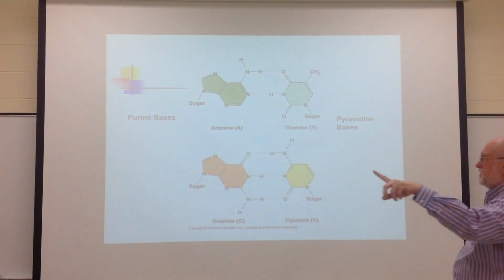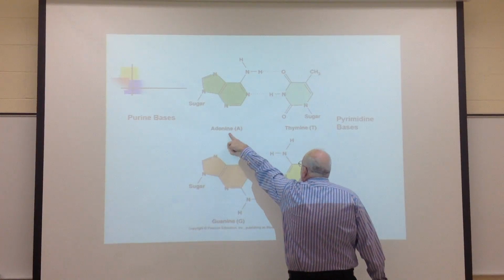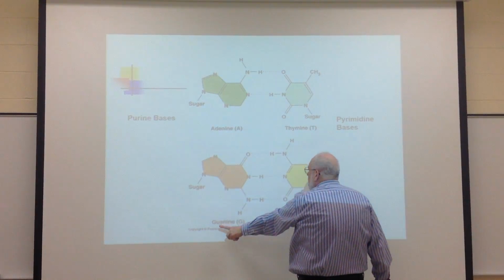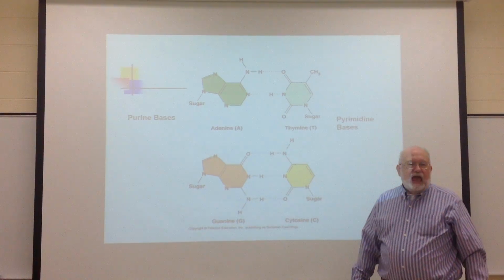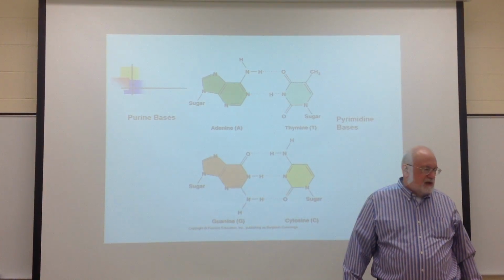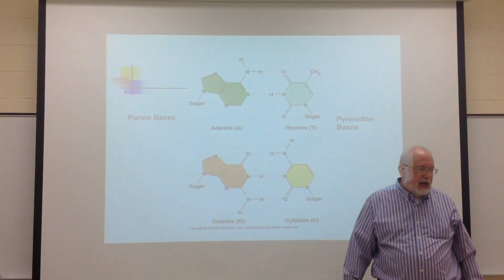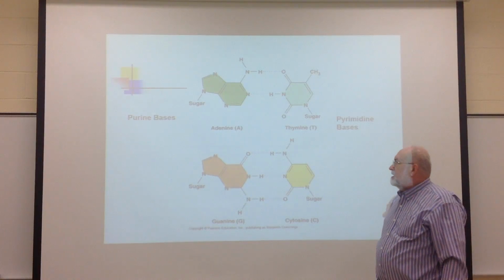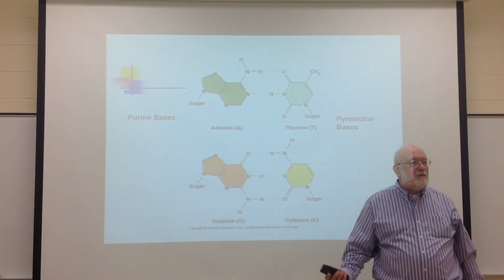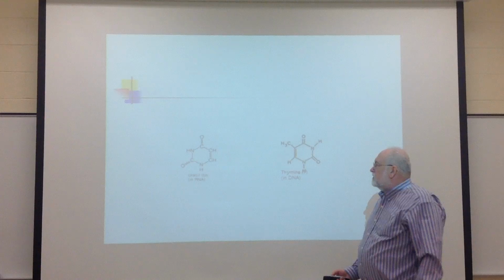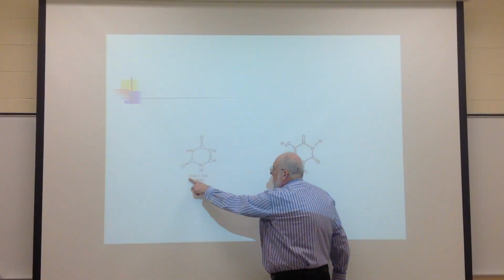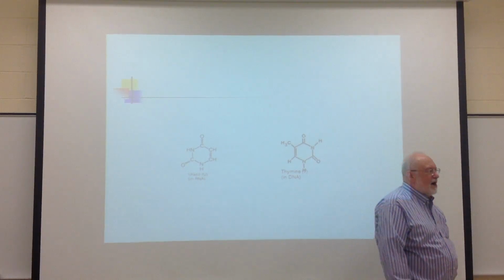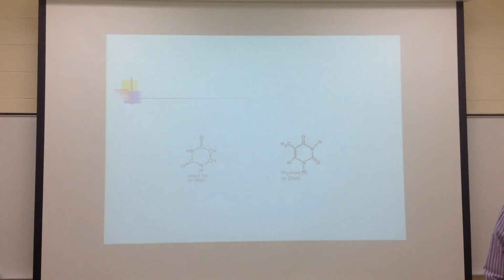Now for the bases. Adenine, cytosine, guanine. And one more. There's no thymine in an RNA nucleotide. Some of them will have adenine, some cytosine, some guanine, and the others will have uracil. There's no thymine in RNA. Instead, it's uracil. It's